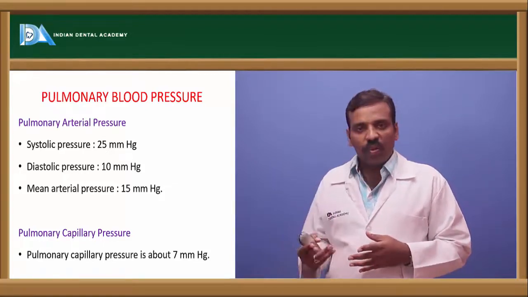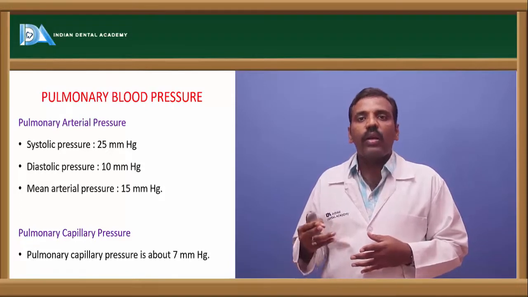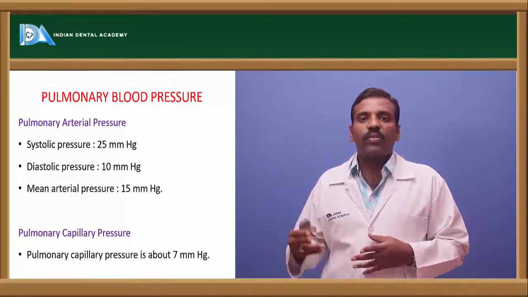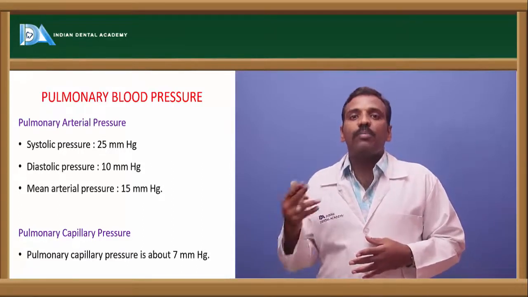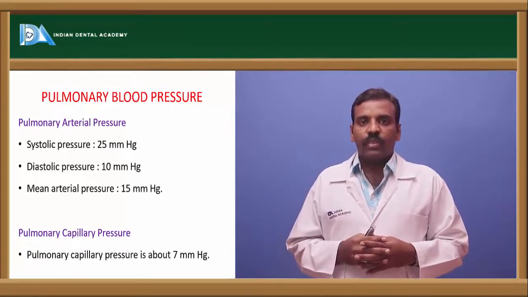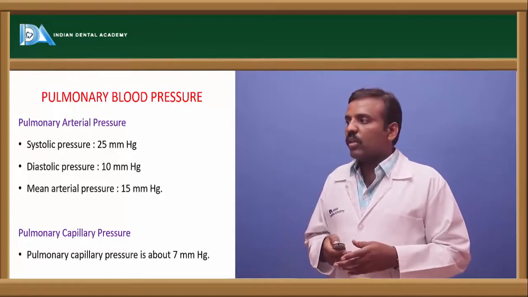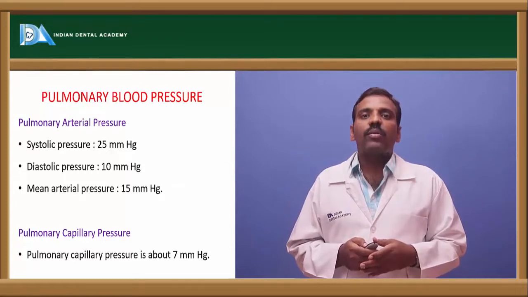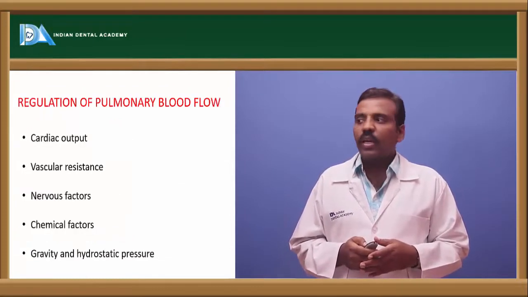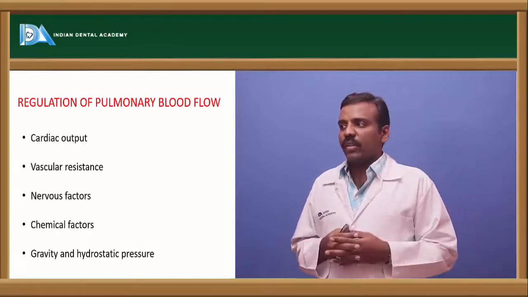Systolic is about 25 millimeters of mercury, diastolic is about 10 millimeters of mercury, and the mean arterial pressure is about 15 millimeters of mercury in the case of pulmonary artery pressure. Next, pulmonary capillary blood pressure is about 7 millimeters of mercury. Next, if you see how the blood flow is regulated,